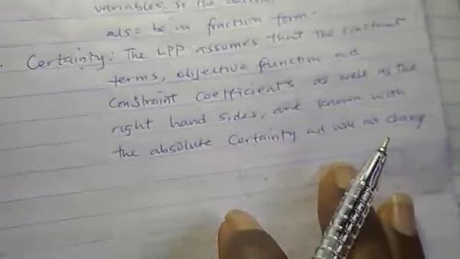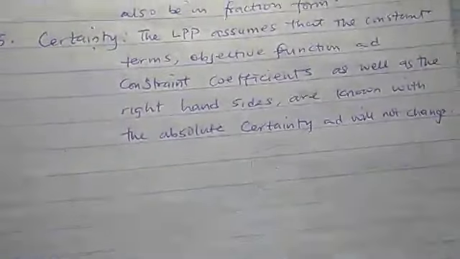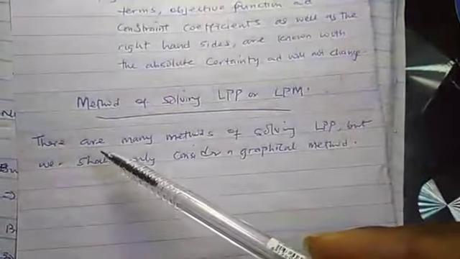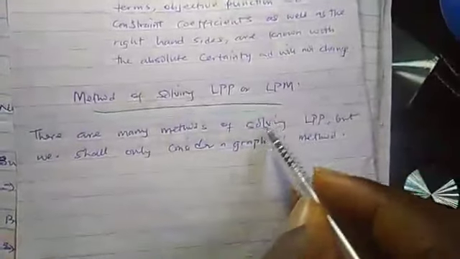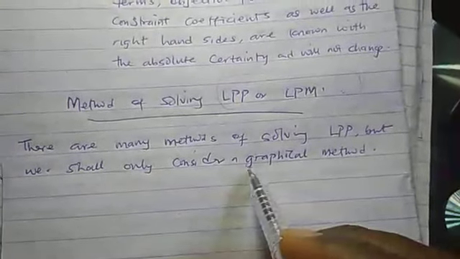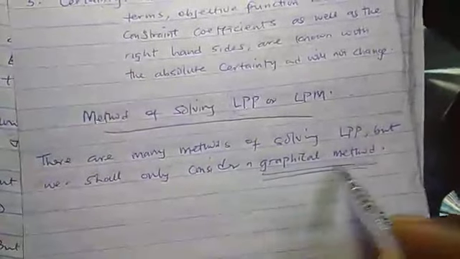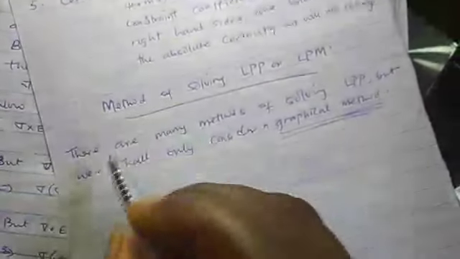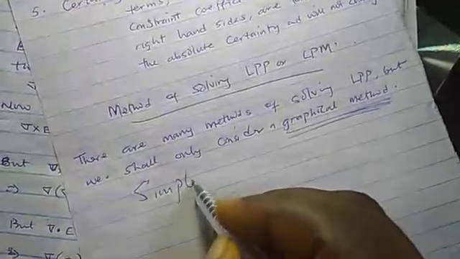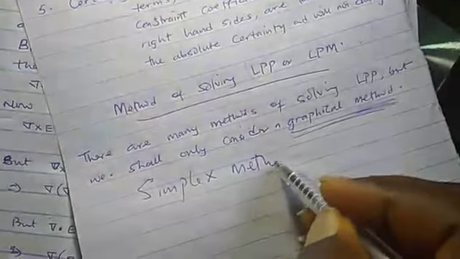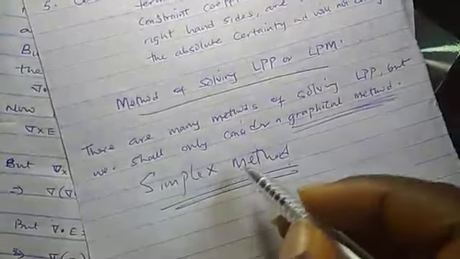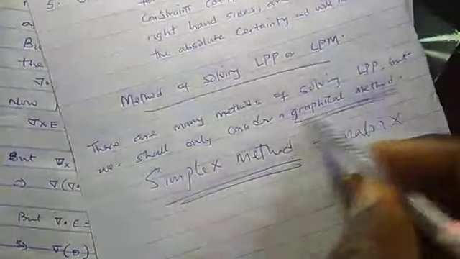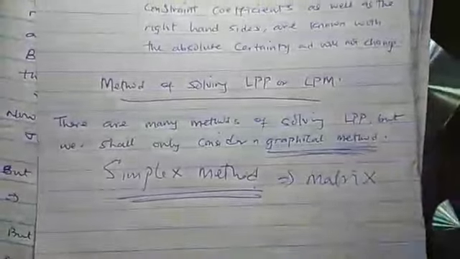Now we move to methods of solving linear programming problems. Mathematicians have developed so many methods of solving linear programming problems. The one we are considering for the scope of this class is just the graphical method, which is the easiest of them all. Although we have what we call the simplex method, which is also very important and uses matrix format, we are considering only the graphical method for the scope of this class.